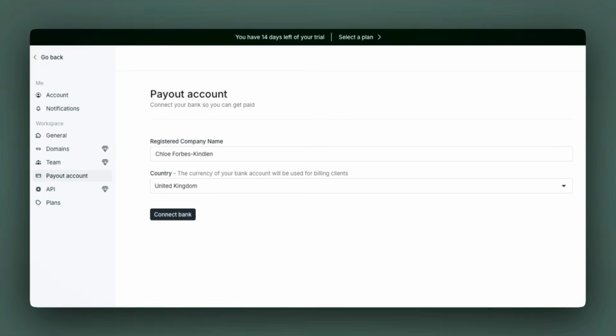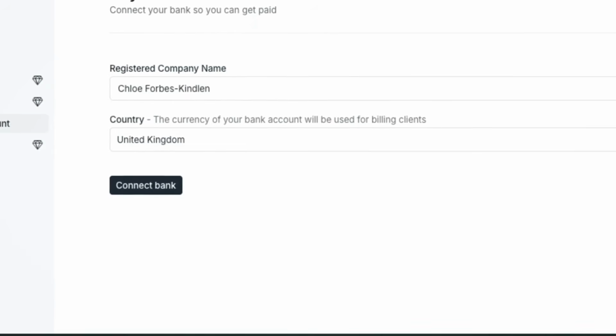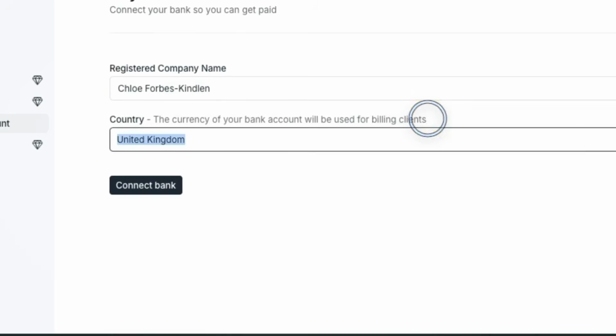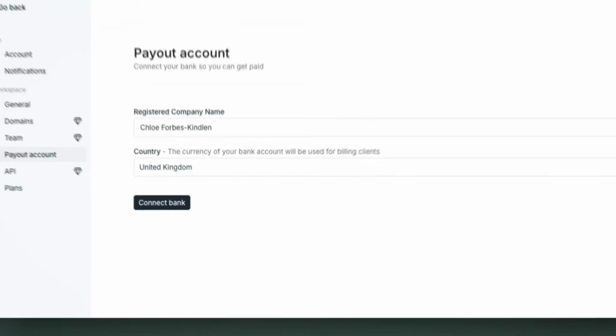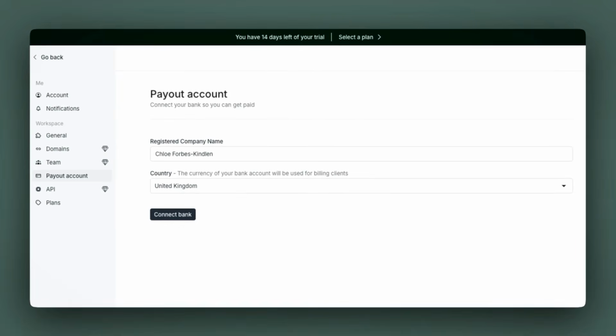Then if we select payout account, we can then connect our bank to ensure we can get paid. Now, one thing to note here is the currency of your bank account will be used for billing clients. So for me, I typically charge in US dollars, but when I'm connecting my bank in Copilot, it means that I have to charge in British pounds. Not too big a deal. The client can pay in whatever their native currency. This connects through Stripe, but that's just something to take note of, especially if you're like me and you work